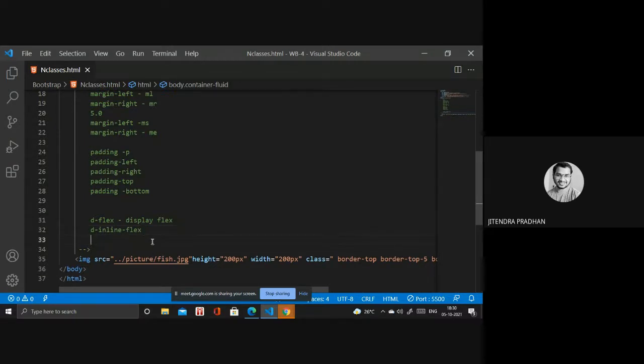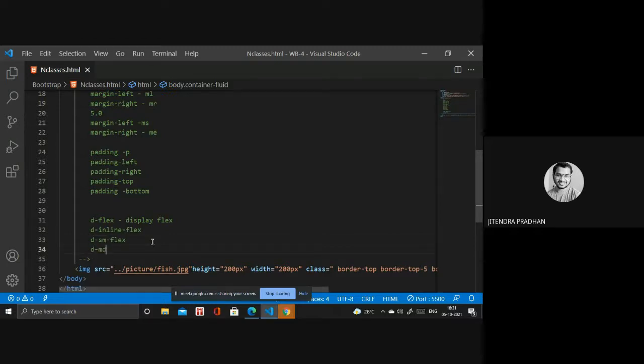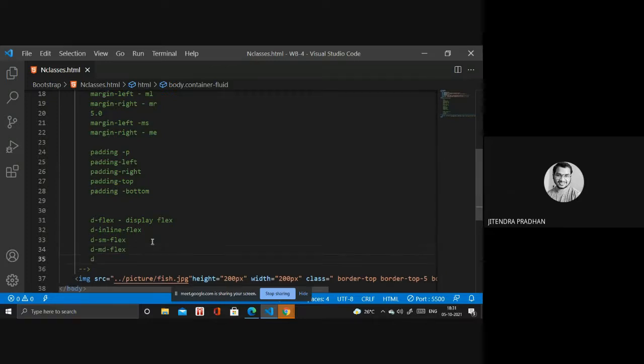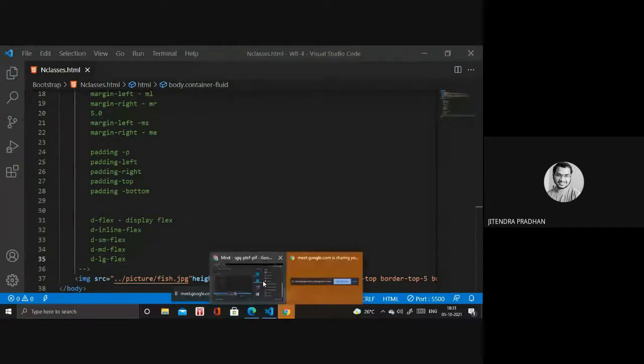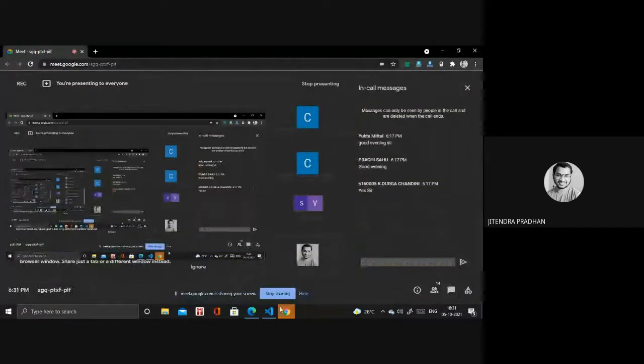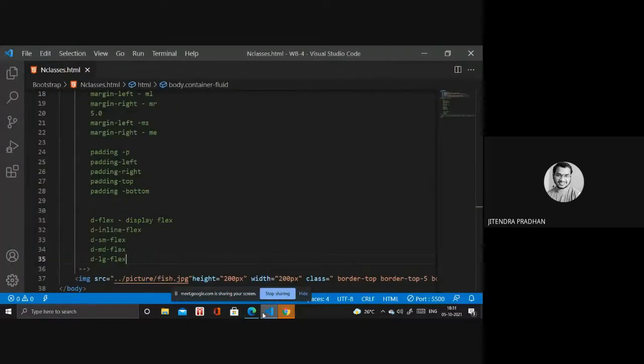And we have d-sm-flex for small, d-md-flex, and d-lg-flex for large. Okay, these things are there. So I think you understand what display properties are there in Bootstrap.